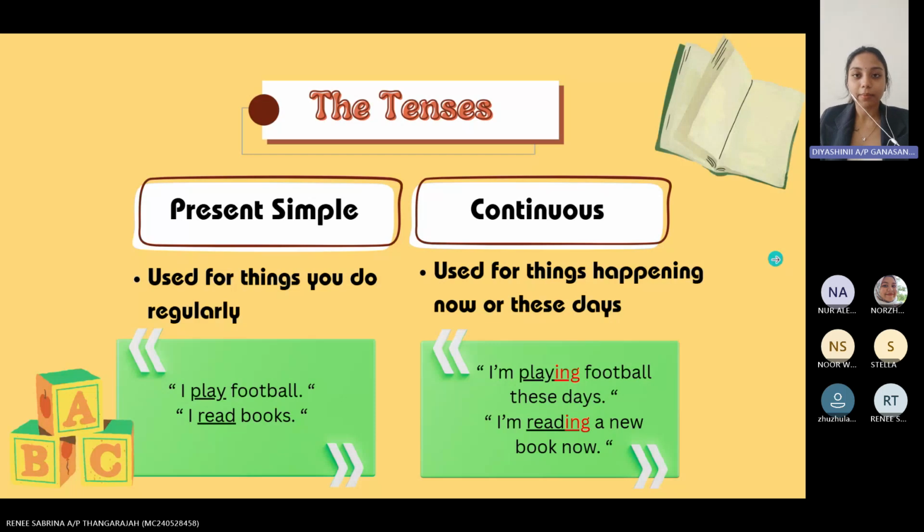So far, is everything okay? Okay. Yes, teacher. All right, thank you for the response. So that is about it for the introduction. And before anything, I think it's also important to look at the common mistakes that we, as students or even as teachers, make while using the tenses.